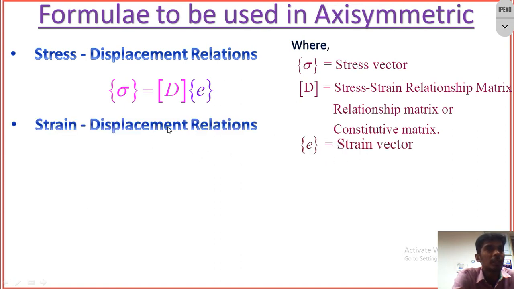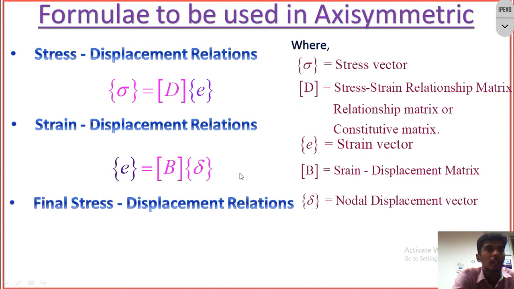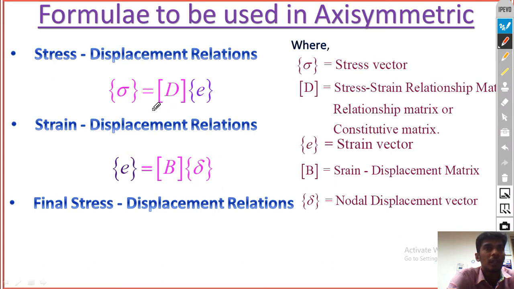So here is the strain displacement relationship. If you want to find the unknown strain based on the known coordinate system, you can use this formula. Strain is equal to this strain displacement matrix B into displacement. These two variables are vectors, and it is a matrix. Where B is nothing but the strain displacement matrix, and del defines the nodal displacement vector. Finally, if you see the color itself, you can identify the similarity. This is the ultimate output we are aiming for in any kind of problem.